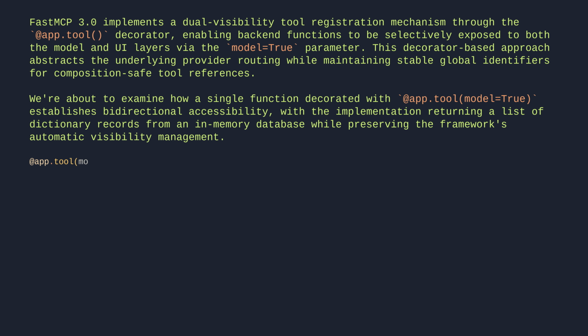@app.tool(model=True) def list_contacts() -> list[dict]: "Both the model and the UI can call this." return list(db)